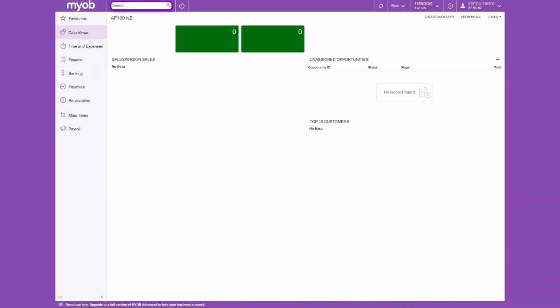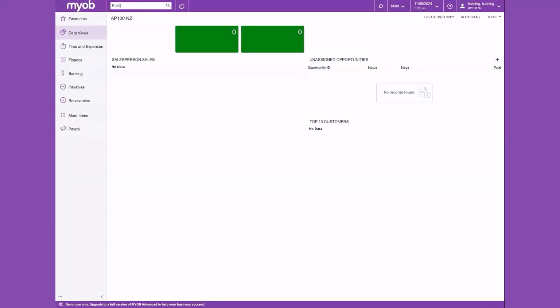In this video, we'll create leave entitlements and leave pay items. MYOB Acumatica Payroll tracks employees' entitlements as they accrue over time and allows entitlements to be paid out in employees' pay. In most cases, entitlements relate to employees' leave and are defined by legislation, but you can set up custom entitlements for anything. Once created, entitlements must be linked to pay items so that they can appear in employees' pay. An entitlement can be linked to multiple pay items for accruing and paying out the entitlement.